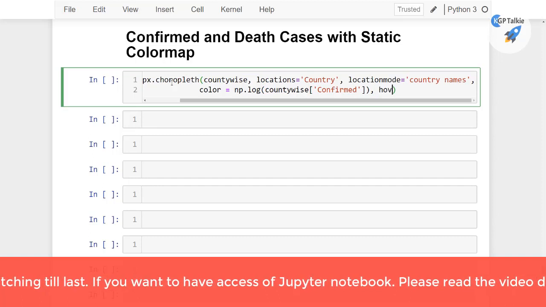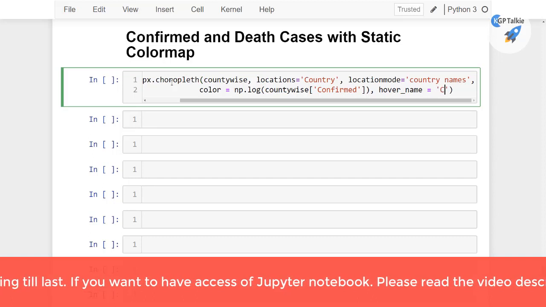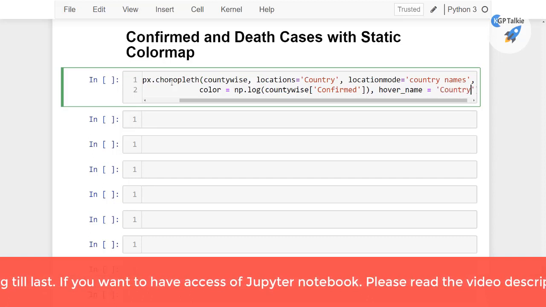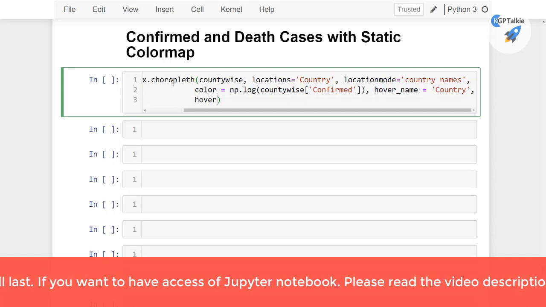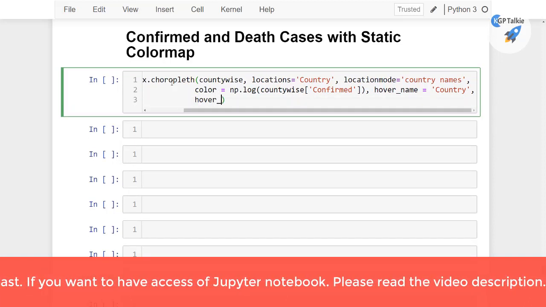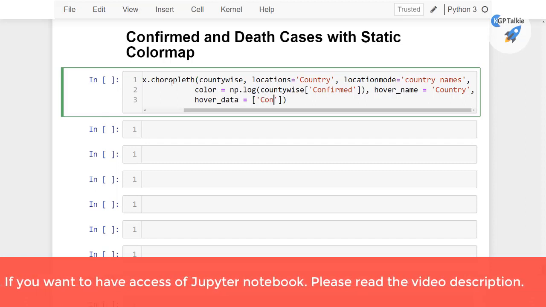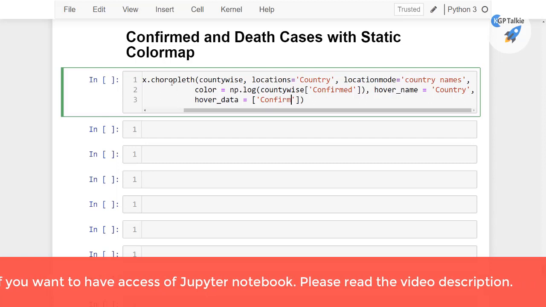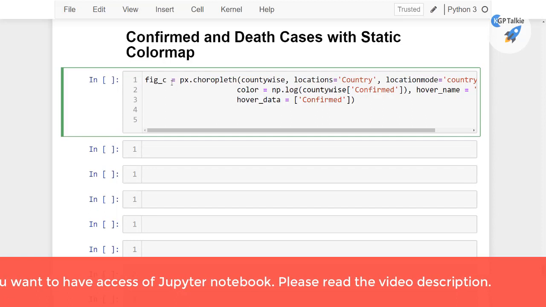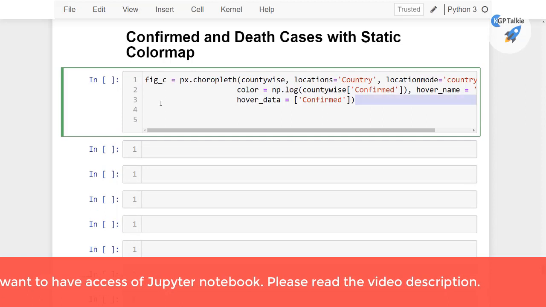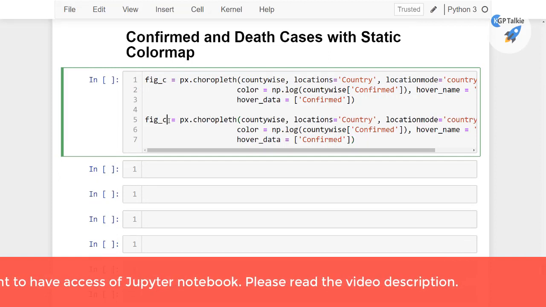Alright, and then the hover name, we are going to see with the country, and then we have the hover data is equal to confirmed. Perfect. So this is for the confirmed cases, and let's go ahead and copy it and create it for the deaths